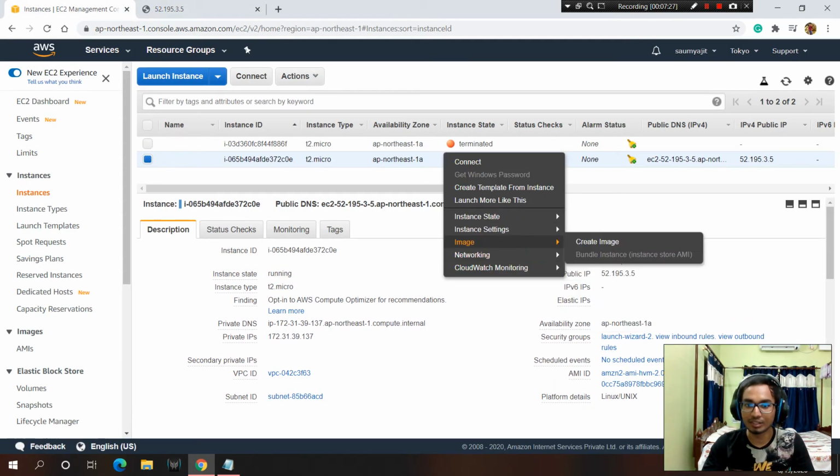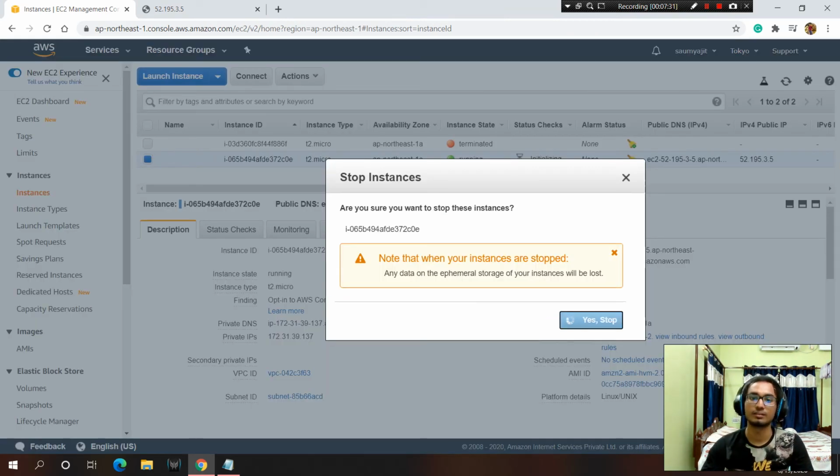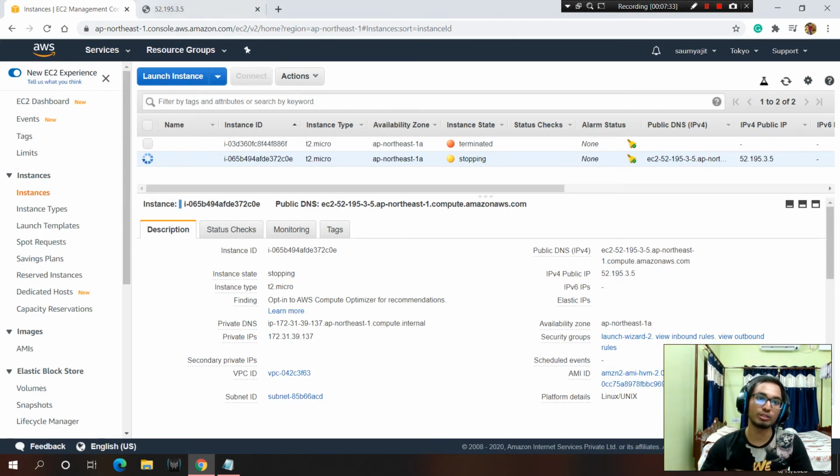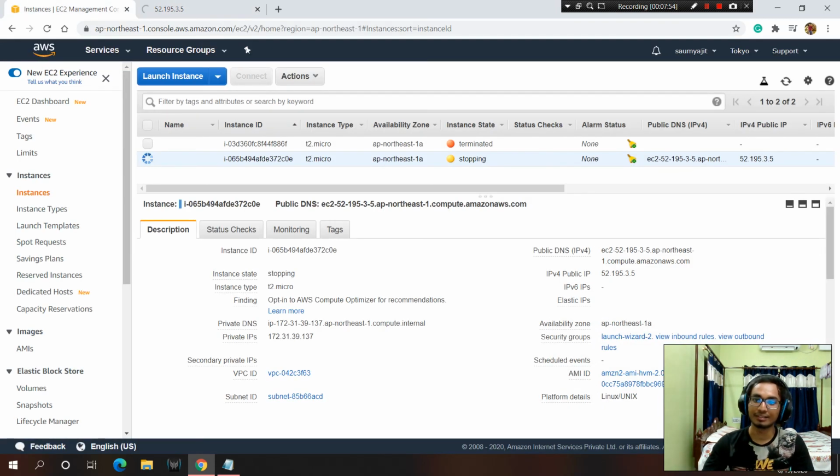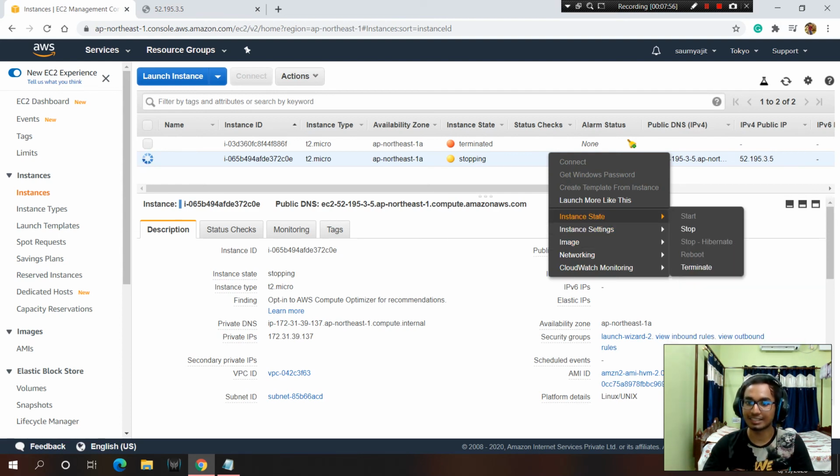And if I go ahead and stop it, let's stop it. So the instance is stopped, so you can't connect to this server right now, right? So go ahead and reload it. As you can see, it will load and load, but it will never connect. It keeps on loading, and at last it will say can't connect, because we are pinging that server, but that server is not responding. So that's how we are creating and managing our server.